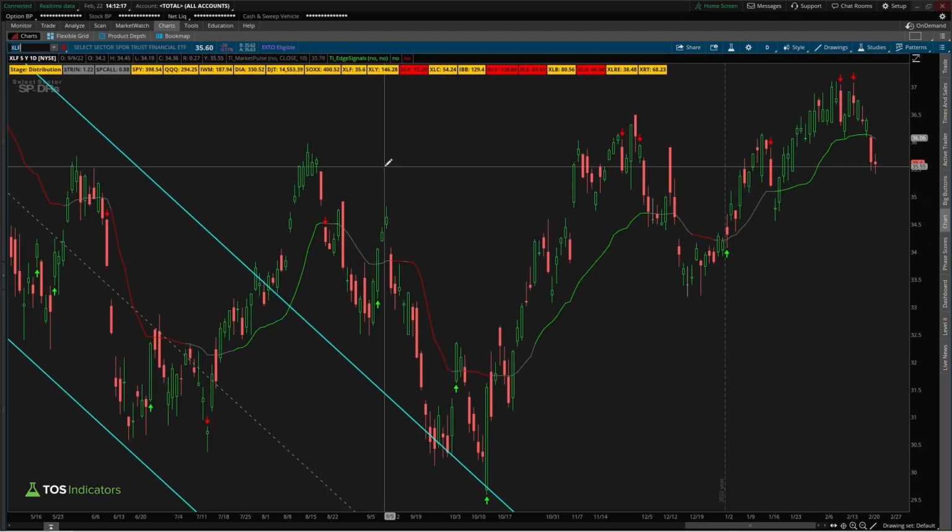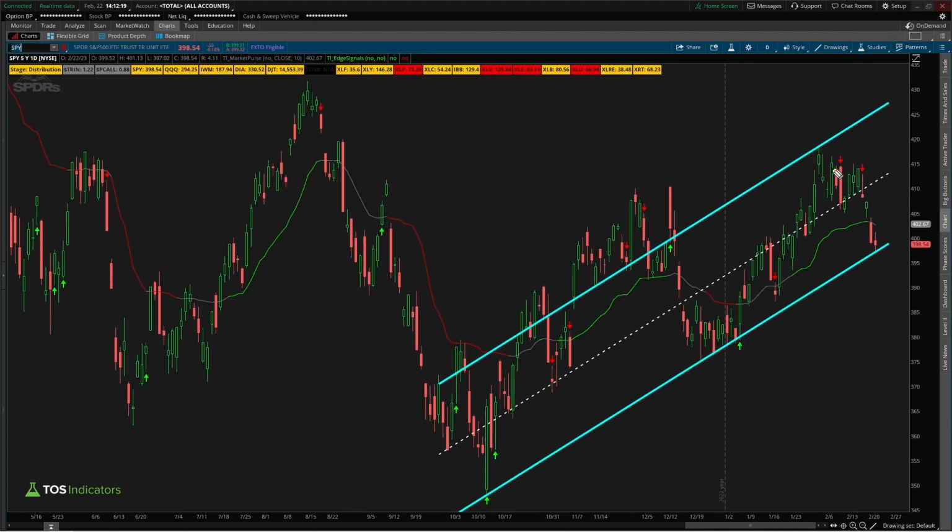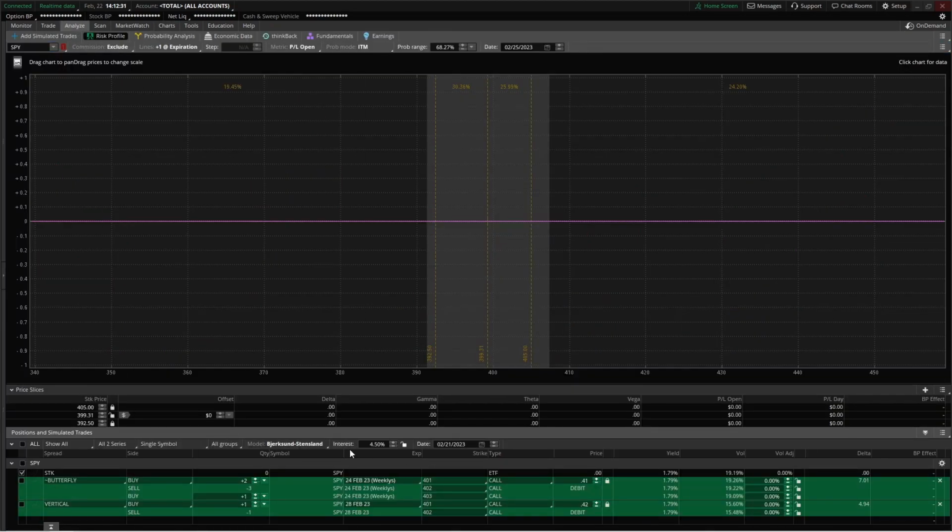So the overall sectors that I think are bringing the price action down to this overall trend line here aren't the sectors that could drag us down lower. Now, that could of course change, and we'd like to mitigate that risk as much as possible. And for that, we can come inside of the Analyze tab.